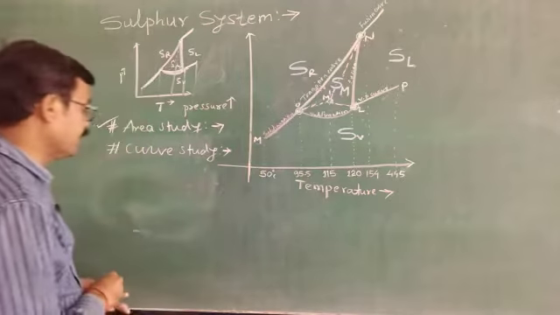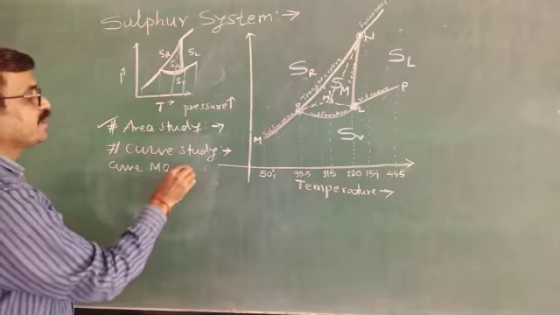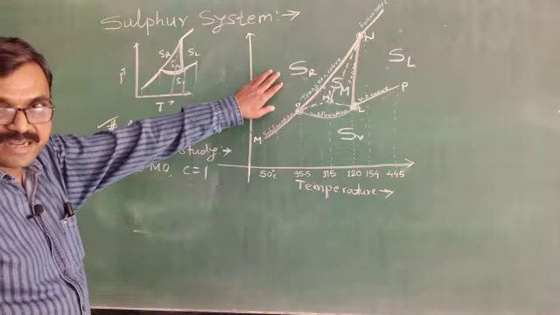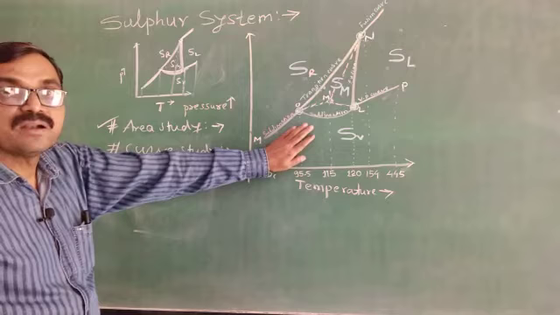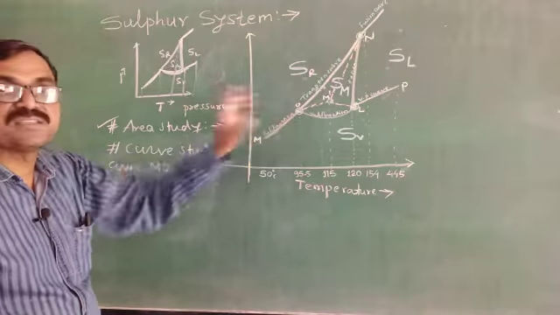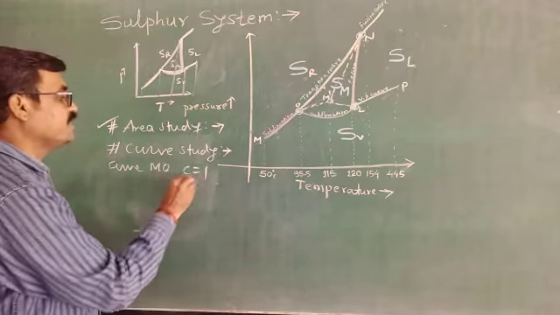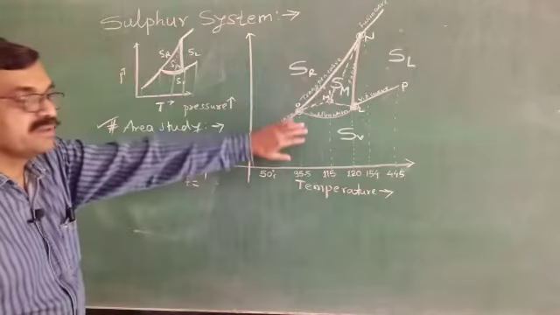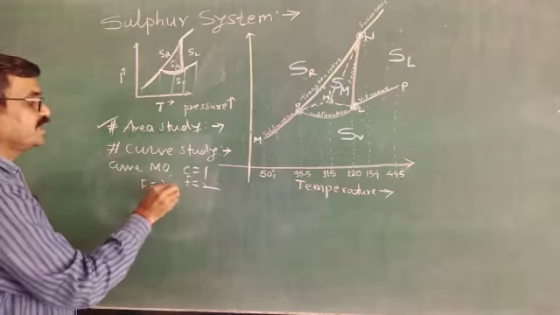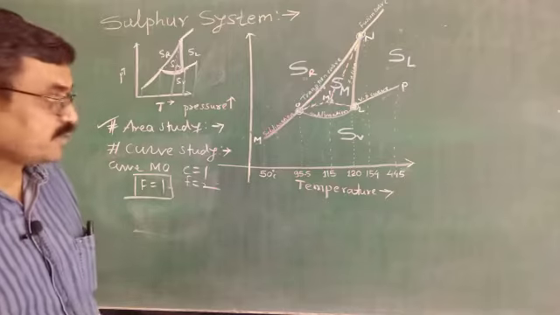Now see the sublimation curve MO. Along this curve, the chemical composition is 1. Why? Because here rhombic sulfur is represented as S8, and here the sulfur vapor is also represented as S8. Means the chemical composition in both phases is S8, so the chemical composition is 1. Now how many phases are there? Here rhombic, here vapor, so 2 phases. Put in again and you will get F as 1, a univariant system, meaning the curve is a univariant system.